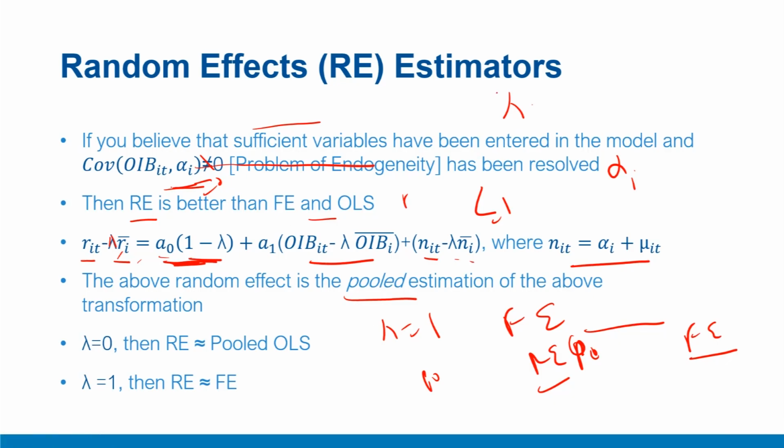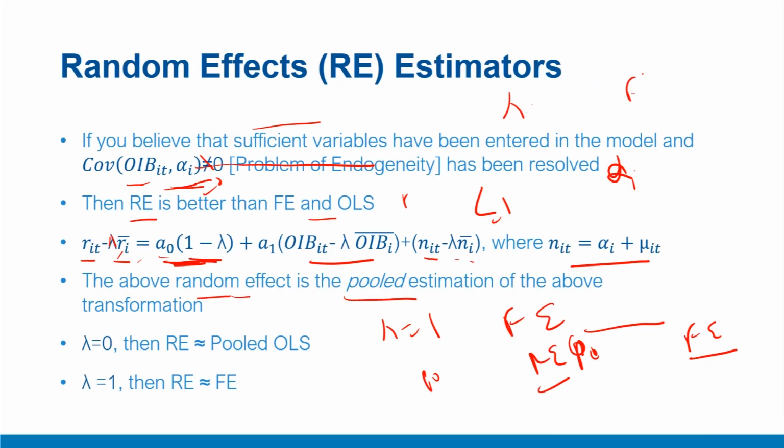To summarize this video, we noted that if we have reason to believe that unobserved heterogeneity alpha, which was leading to all the problems such as endogeneity, is very small in magnitude, and we have reason to believe that it has very low correlation with the independent variables, and therefore the issue of endogeneity is not so major in our model, only the issue of serial correlation may exist. We can correct for the serial correlation with a rather less drastic transformation of the system, what we call random effect. So this is sort of quasi time demean.